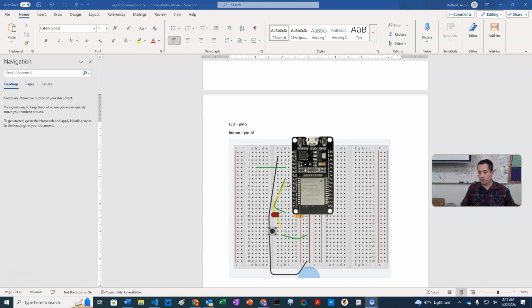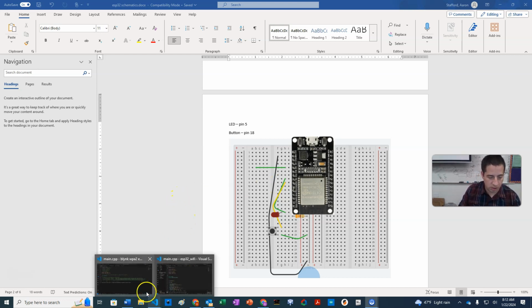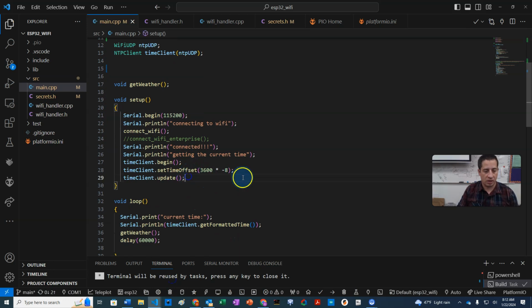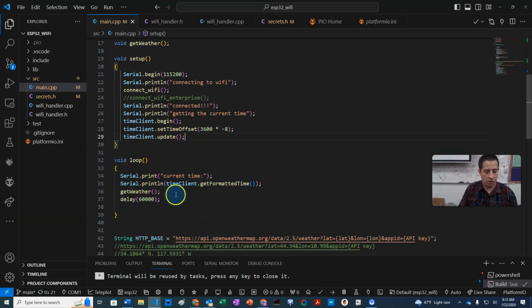Okay, and so what we're going to do now is integrate the code for this, and then we'll integrate the Blynk code. And so in the setup, we're going to get rid of this stuff here in our loop for now, and we'll come back and add that stuff in later, maybe. Okay, so we're going to do